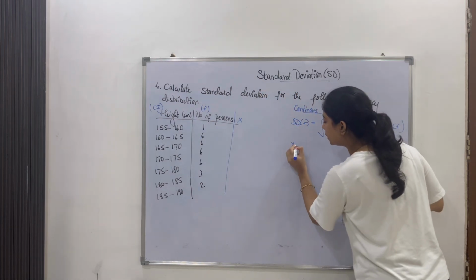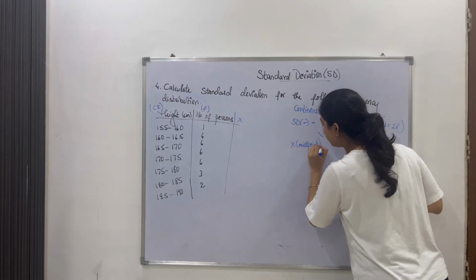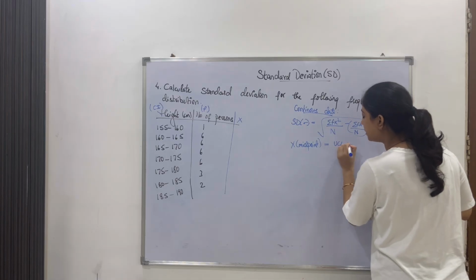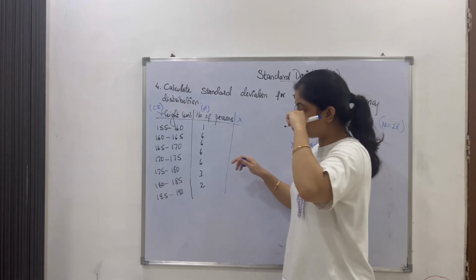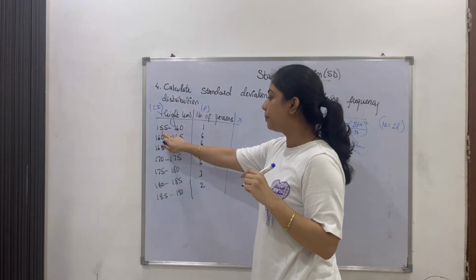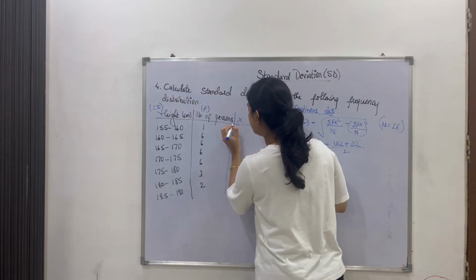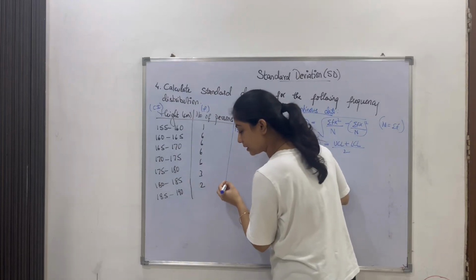So first you need to find out the midpoint for all the class intervals. What is the formula for midpoint? Upper class limit plus lower class limit upon 2. So what is that upper class limit and lower class? 160 plus 155 divided by 2 will give us 157.5 and so on. We have to calculate for the rest, which is